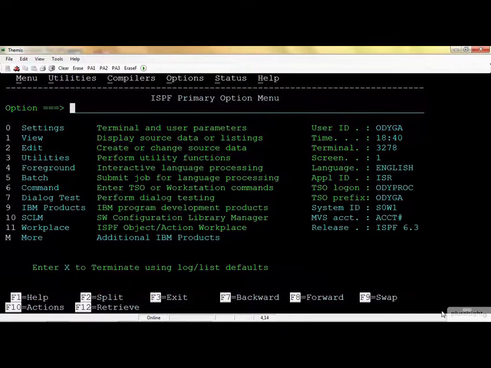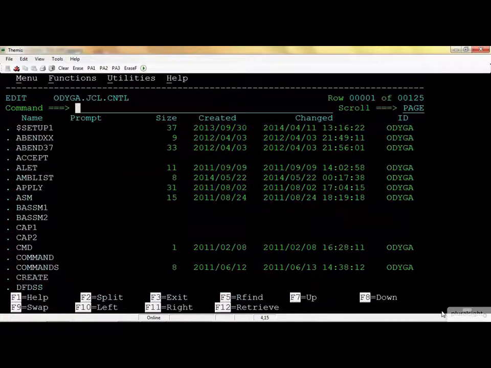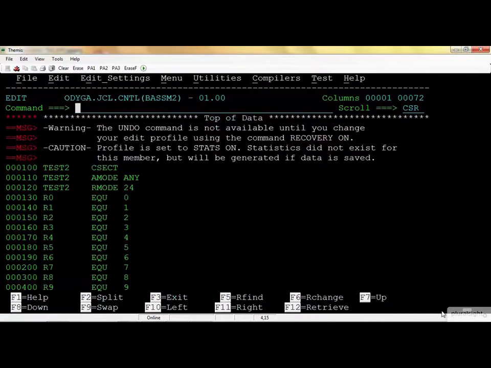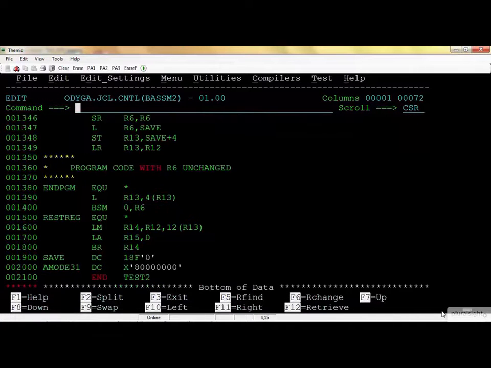Again, if I hit PF3, then that will eliminate whatever screen it is that I hit PF3 on and take me back into my single screen mode. Some of the other options that are available, like PF7 and 8 for scrolling forward and backward, are more readily seen, for example, when I go into a facility like Edit. In this case here, when I select option 2 to edit, I can go into this particular data set. Now I can select a member from here, and once I'm in here, I can use PF8 to scroll down,